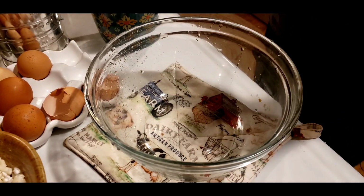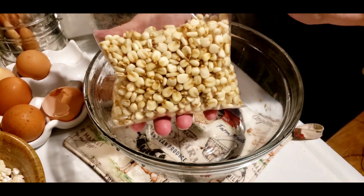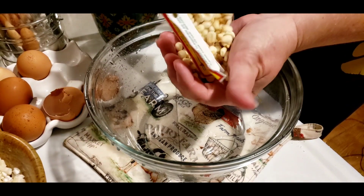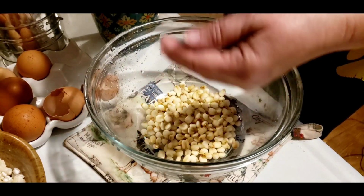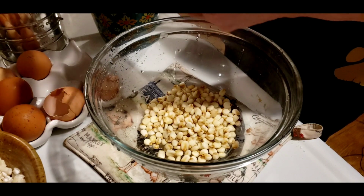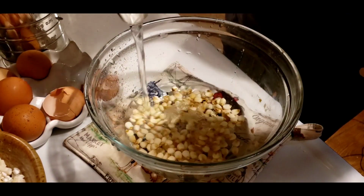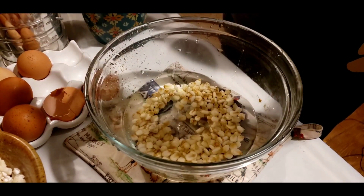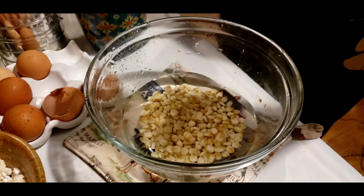Okay, I'm wanting to make me some hominy tomorrow. So I'm going to take my dried hominy, and I'll just do about a cup, since I'm really the only one that eats much of it. And what I'm going to do is just cover it with water, just like you would dry beans, and I'll let them soak overnight. You need to let them soak at least 12 hours, really, at least that long,